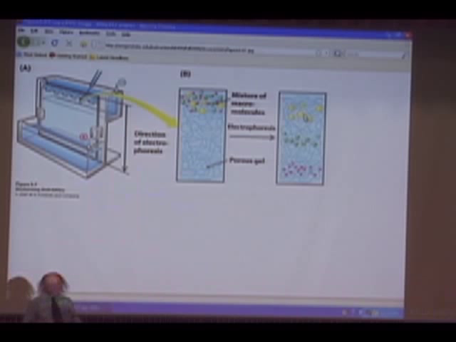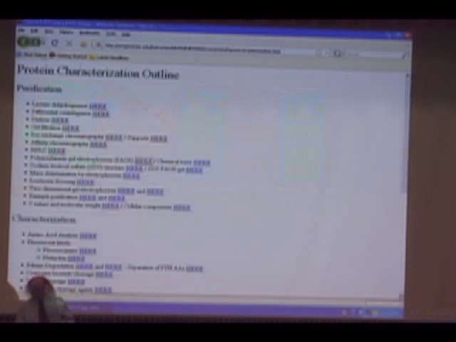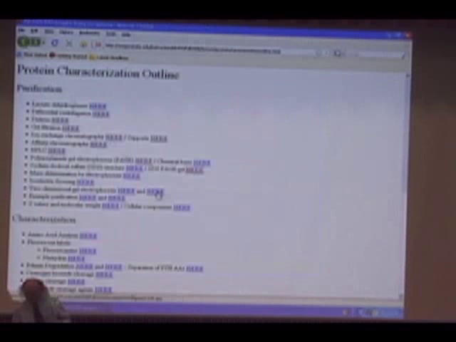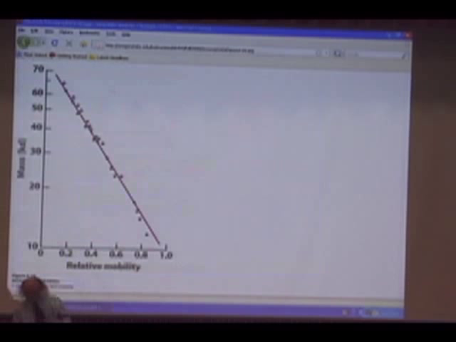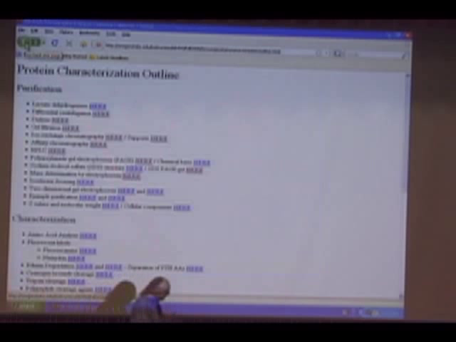Okay? This is very useful, and let's see. That's not the gel I wanted to show you. I thought I had another one. No, I don't. Okay. Well, suffice it to say that if I run a gel like this, I can separate